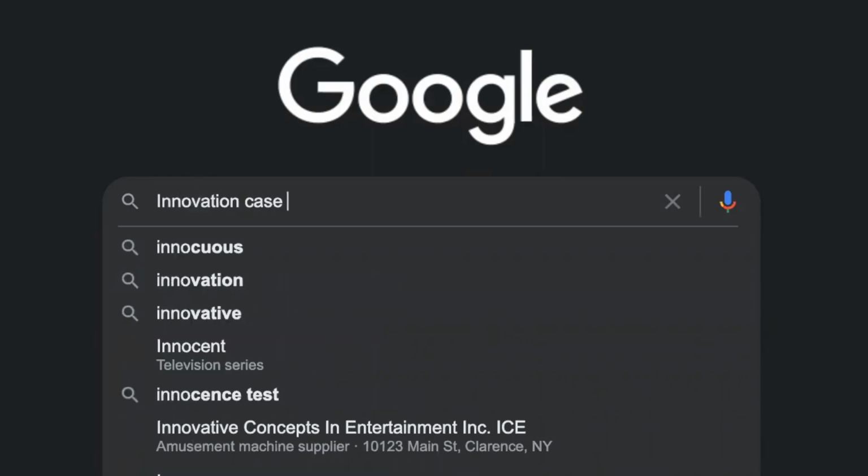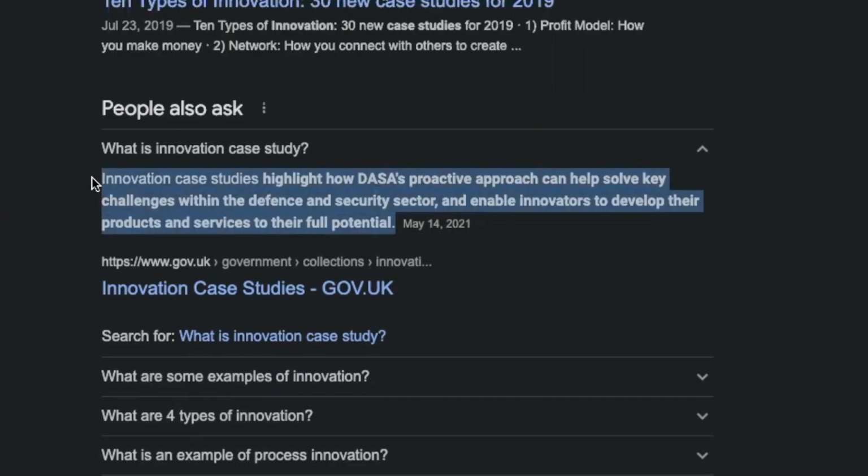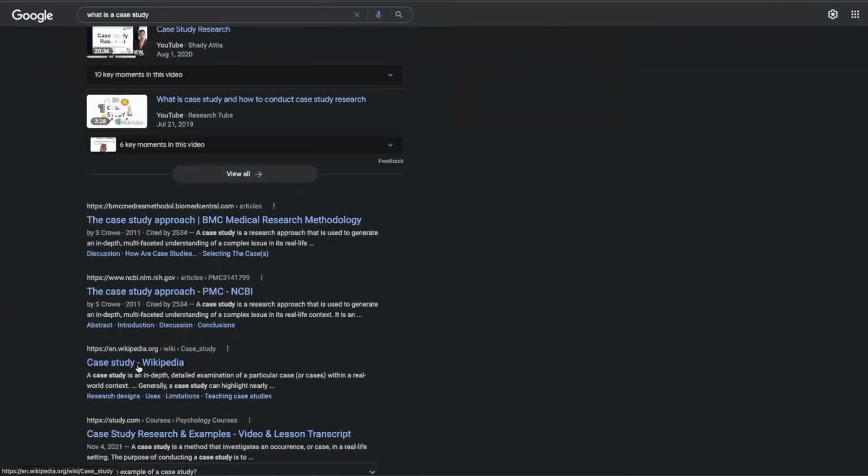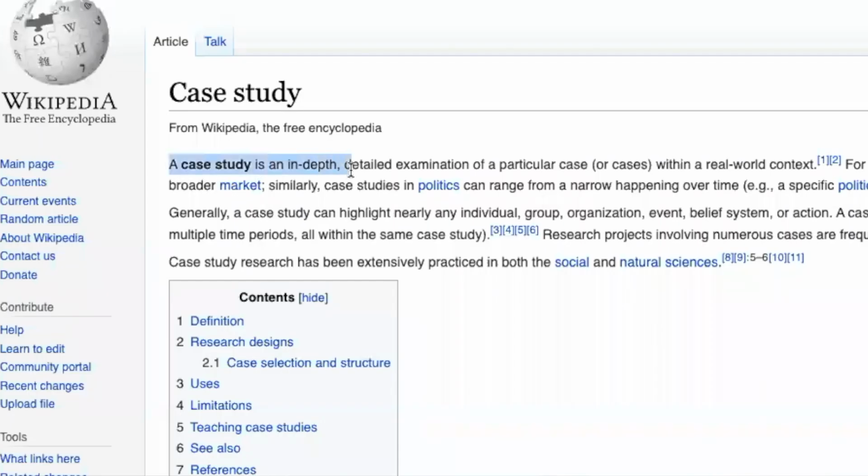Okay, Google, innovation case study. That's not really what we're looking for. Let's take a step back and maybe just look at what a case study is. Wikipedia says that a case study is an in-depth, detailed explanation of a particular case or cases within a real-world